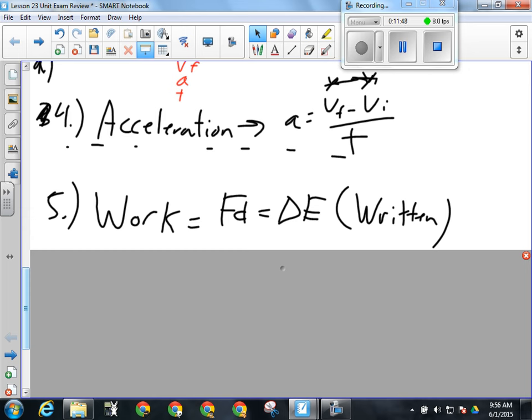Work energy theorem. Huge. Okay, there's no other way to say it. It's huge. There's going to be a ton of marks. More marks about work energy theorem on this test than anything else. Graphing is second. Work energy theorem is first. There are several large mark problems and lots of multiple choice about work energy theorem.